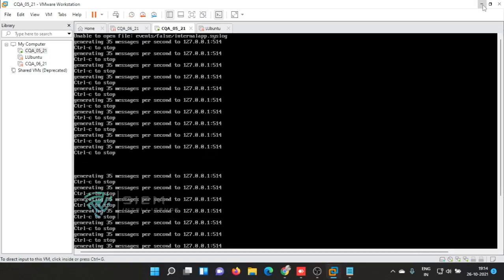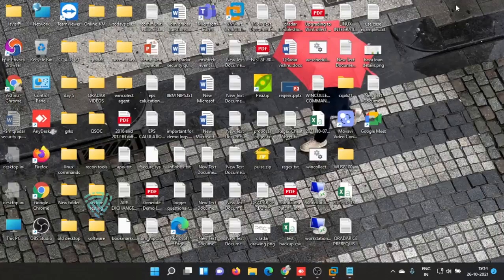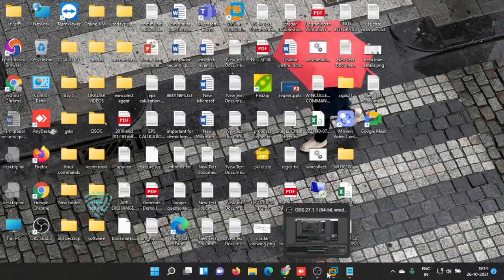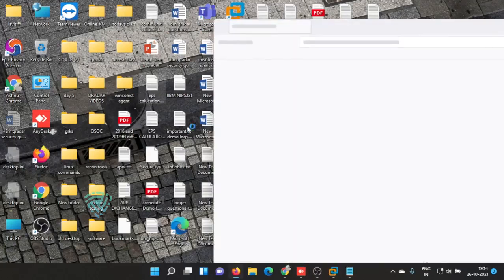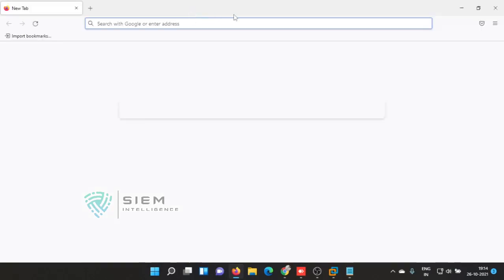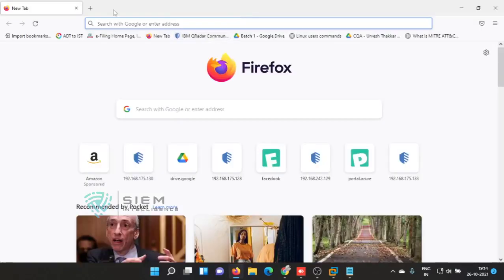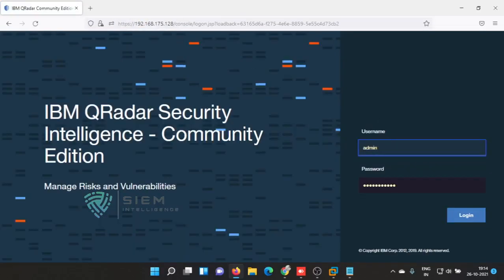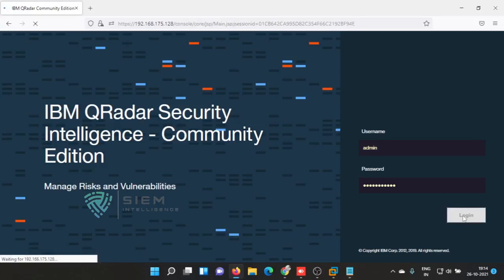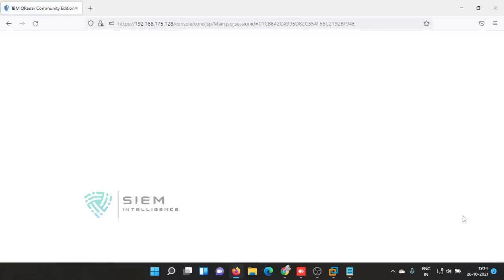So we are going back to the session. Now the same thing we are going to use for DSM. How do we set up our DSM? So what is DSM? Device support module, exactly. It will help you identify properties from the systems. But if your device support module is not there for your logs, then we need to create our own device support module.